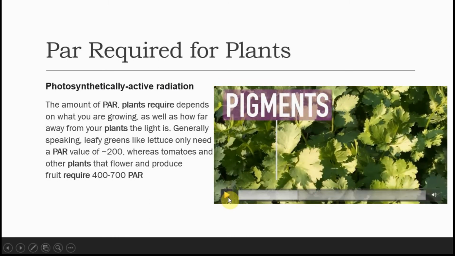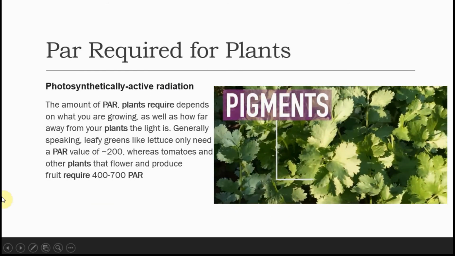Now what are these pigments? These pigments are actually chlorophyll. This chlorophyll absorbs sunlight, and this sunlight is converted to electrons and is passed from one chlorophyll to another, then to another, and then finally it combines with carbon dioxide and water to break it into carbohydrate. I'll just show you here how it does.